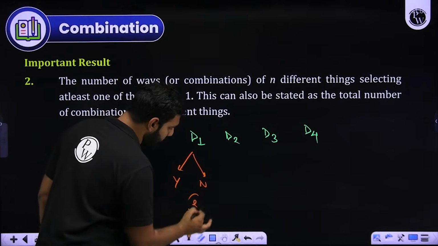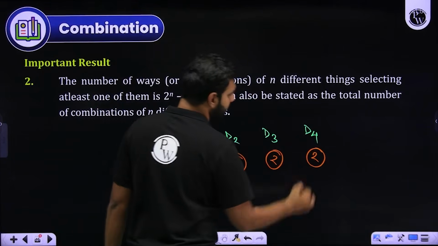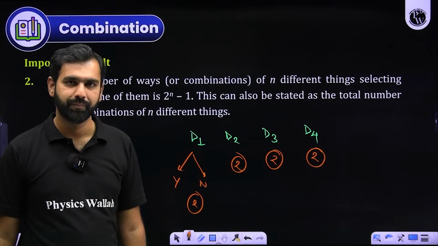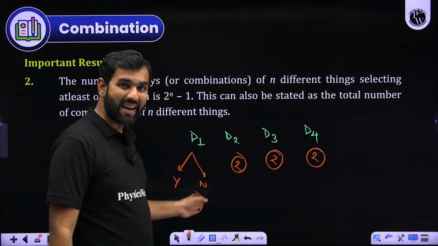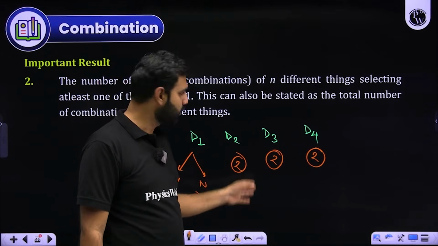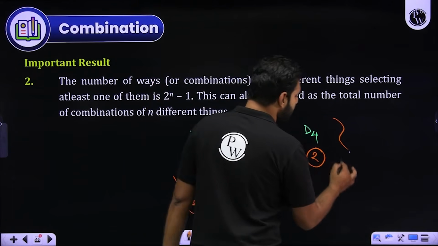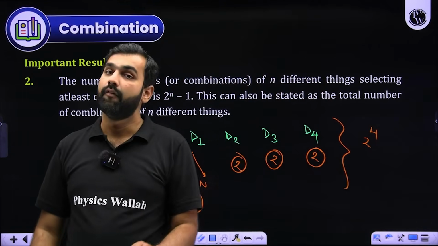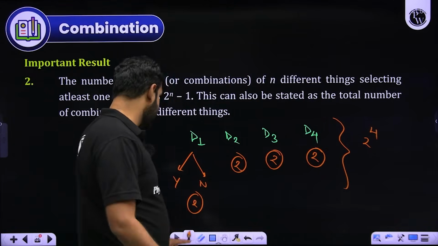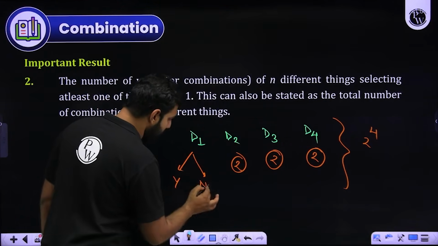The same number of choices I have for dish 2, dish 3, and dish 4. I hope you remember this is the formula we have already discussed. 2 choices for dish 1 and 2 choices for dish 2 and 2 choices for dish 3 and 2 choices for dish 4. Which means in that party I can feed myself in 2 to the power 4 ways, which is wrong. Why? The catch here is that if I don't eat any dish,